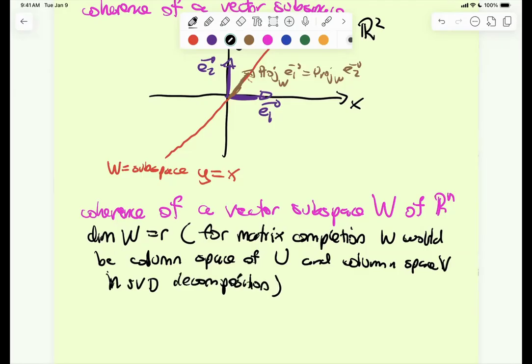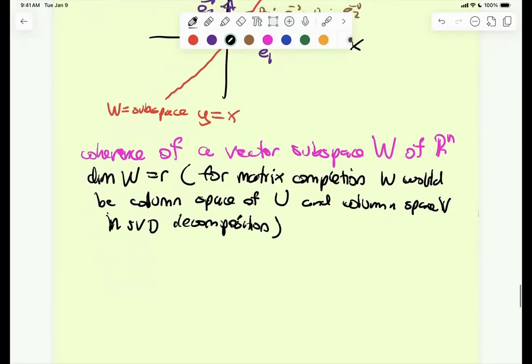Okay, so the idea is that the coherence... Let me see how people write it down. I just forgot that notation to use. Well, I'll just call it the coherence of W